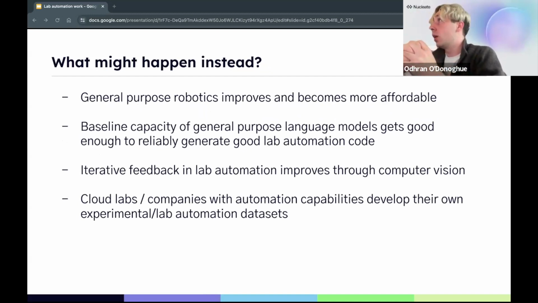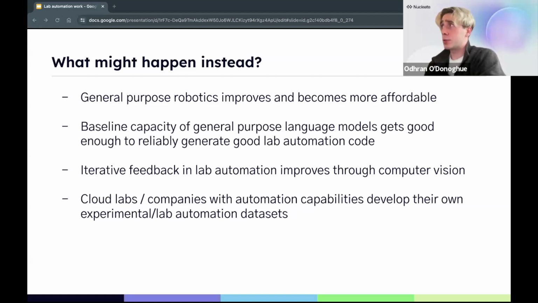There's also the fact that general purpose language models are getting better and better. So even if we don't have a custom data set just for protocols in a nice format for doing very specific protocol-y things, it stands to reason that the models will ingest enough scientific data to give good suggestions for protocols and good ways of feeding back on them, just because there will be some protocols at least in their data set.